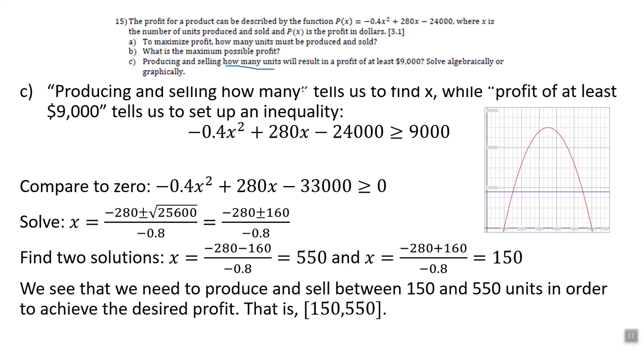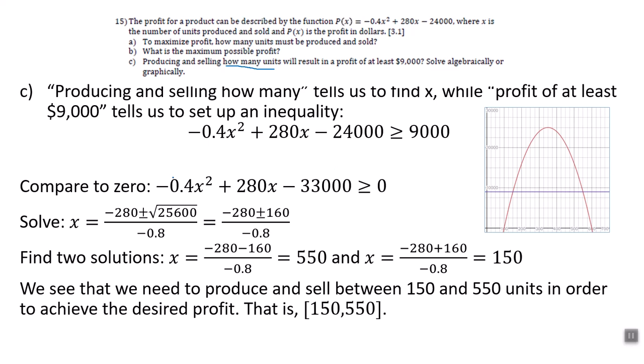That says, hey, find your x value. Profit of at least 9,000, it tells us to set up an inequality. So we want our profit, big old profit function, at least 9,000. So 9,000 is the absolute smallest, so the pointy side at the smallest. We want our profit to be bigger than that, so we'll have a greater than or equal to